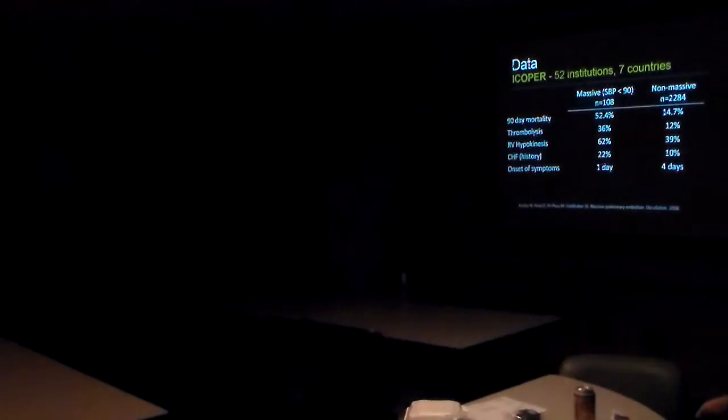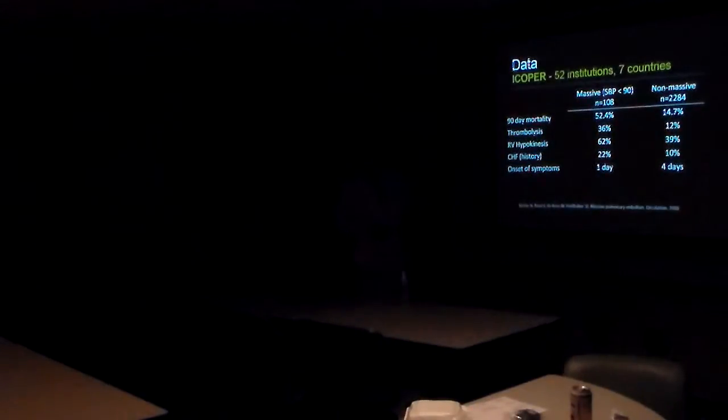RV hypokinesis. So obviously the non-massive patients aren't all what I would call submassive, because only 39% of them had RV hypokinesis, and they did look at PA pressures and troponins and things, but it didn't reach 100% if you add all those up. And in the massive group, so people with pressure less than 90, only 60% of them had RV hypokinesis, and I don't know how to explain that, but there you have it. There were some differences between the groups.